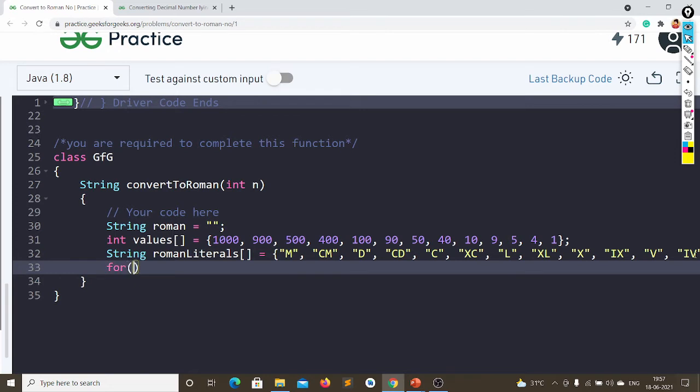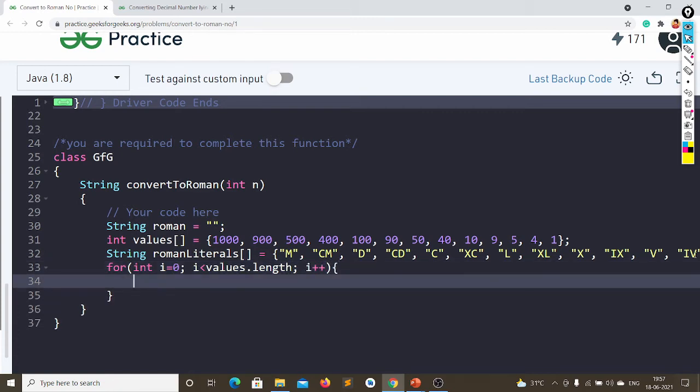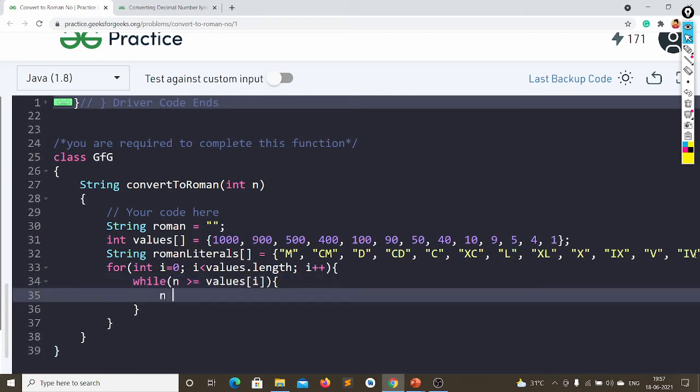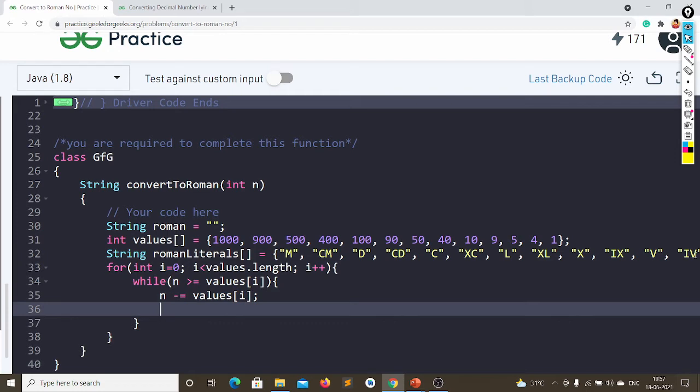For int i equal to 0 and i less than values dot length. Don't worry, I will explain this code by tracing it out. So while my n is greater than or equal to values of i, then I simply repeat that, and n minus equal to values of i, and Roman plus equal to Roman literals of i.